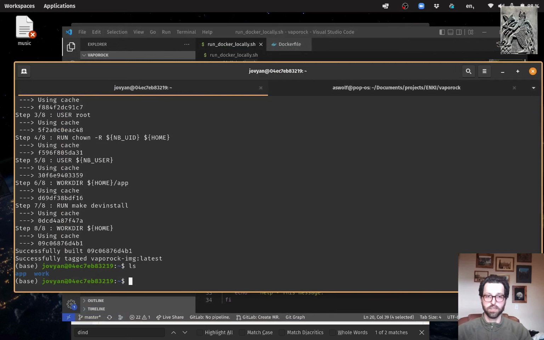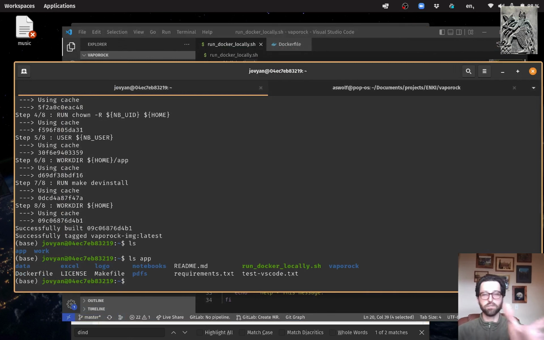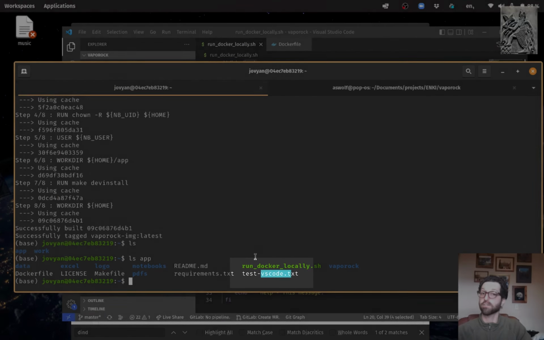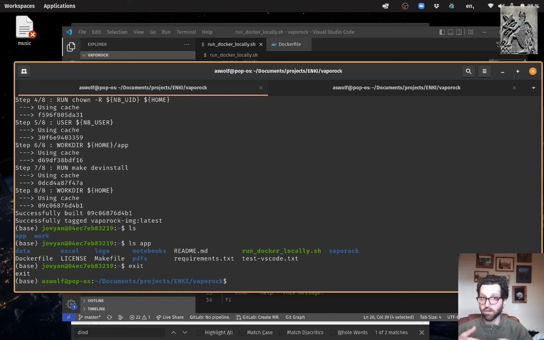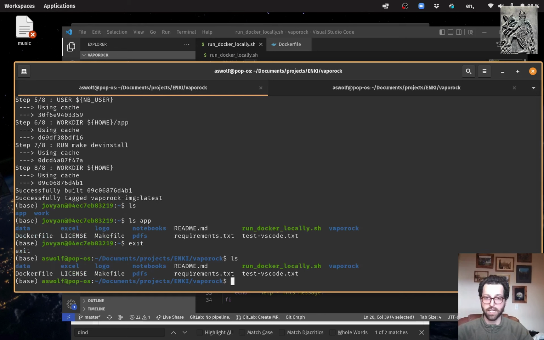Notice here, this is still inside the terminal, and that test VScode.txt is still inside the container. I'm now going to exit the container, which will tear it down and delete the container, and yet test VScode is still there. And if we do a git status, we see changes in the notebook because it auto saves some of those changes. A change in equil.py, that should be that variable that we